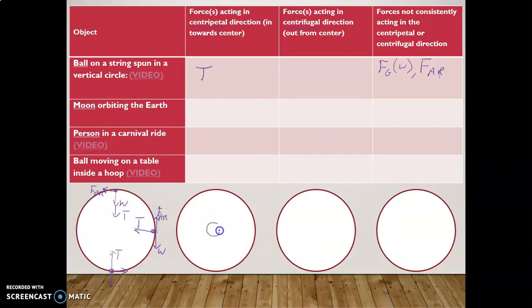So, if this is the Earth here, and then the moon is right there. The moon is smaller than the Earth, and it's actually much farther away. This is not a scale drawing. But the moon's here, and then it's here, and then it's here, and so on. Well, what forces are acting on the moon? We've got the force of gravity. That's the Earth pulling on it. And that force is acting in towards the center. So the force of gravity of the Earth